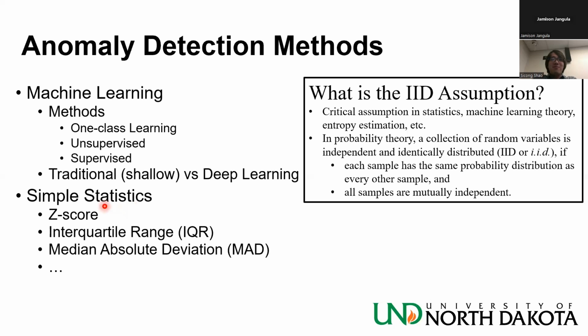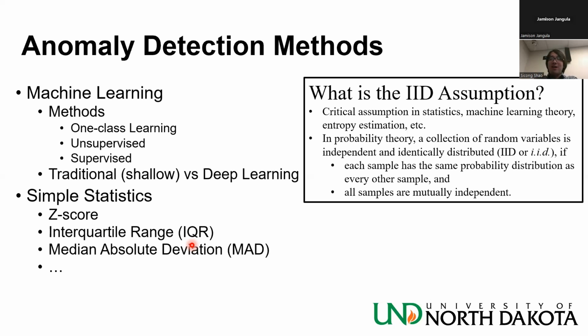And there are also some simple statistical approaches, for example, Z-score based. Usually you assume your data distribution follows a Gaussian, then you look at how many deviations. And also MAD, the median absolute deviation approach. They are simple statistical approaches. There is no learning for this approach. And because we are interested in machine learning based anomaly detection algorithms, because they are state of the art,